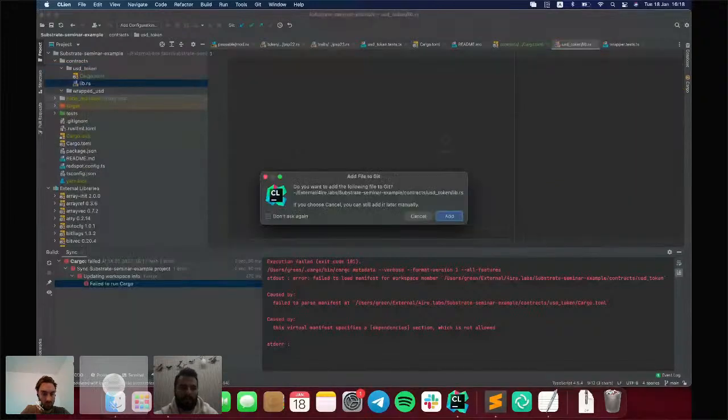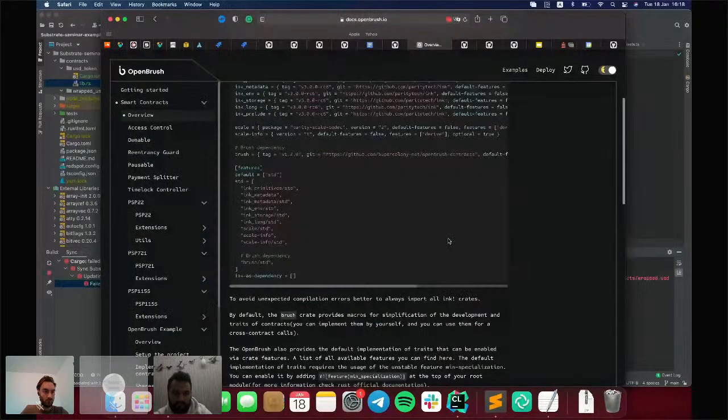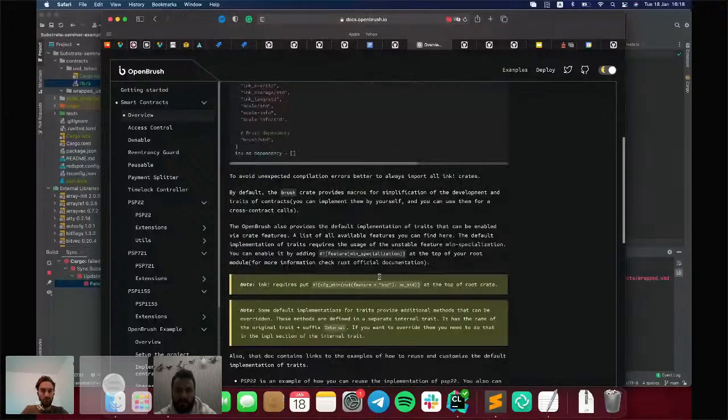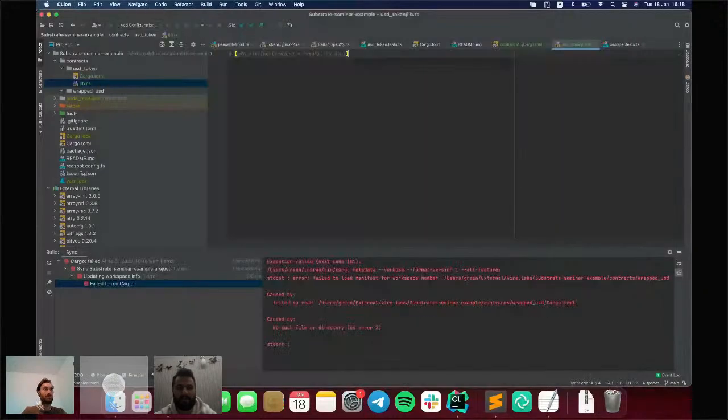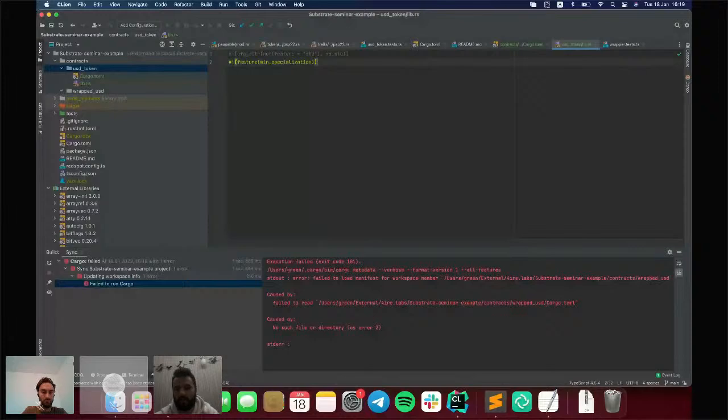Okay. Also, in the documentation of OpenBrush, we specified that to use ink, you also need to add some additional stuff. We need to use the no_std definition because it should enable some stuff from ink, and also to use OpenBrush, you need to enable the unstable feature, meaning specialization. And after that we should define the body of the contract.